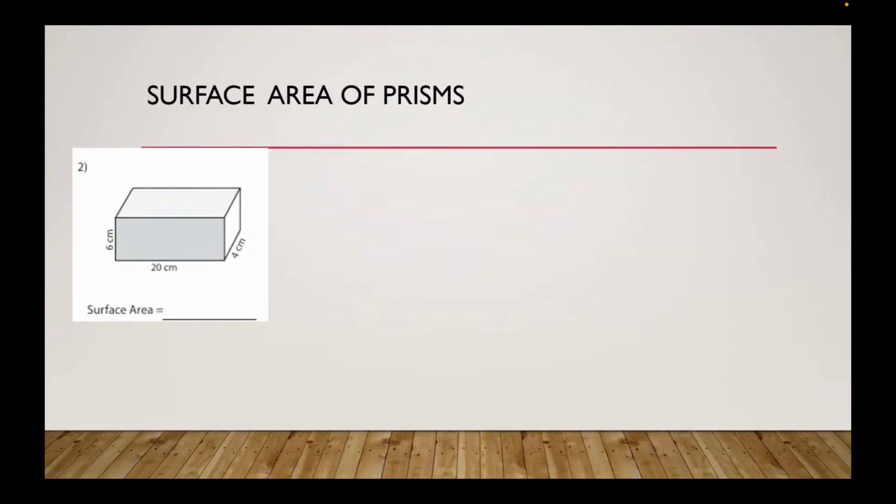So if we're looking at the surface area of this rectangular prism, we know that this shape has 6 faces. Okay, so the aim is to find the surface area of this shape. We need to find the area of every shape we see, and we're going to combine them together. Okay, so what faces or what shapes do we see here? Well, we know that in a rectangle, first of all, opposite sides are equal,